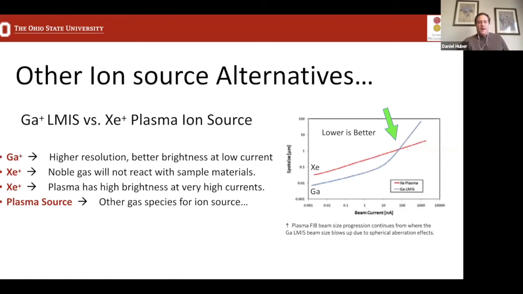Other sources, there are xenon and other plasma sources for FIB. They don't have the benefit of having that nice sharp Taylor cone to produce a nice bright source at low beam currents. Where they do excel is if you get up to very, very high beam currents in excess of tens of nanoamps, you can get a very high current with a slightly better brightness than the gallium source. So there are xenon and plasma source FIBs that are available,